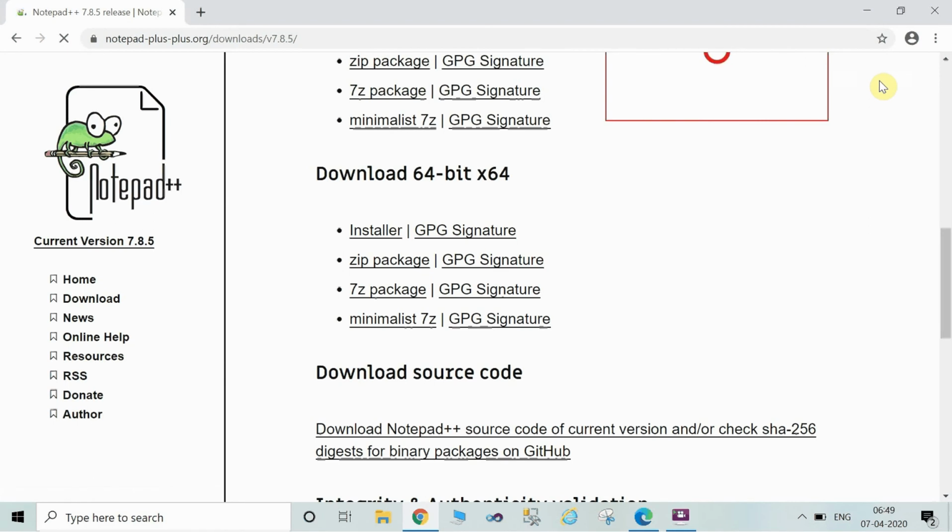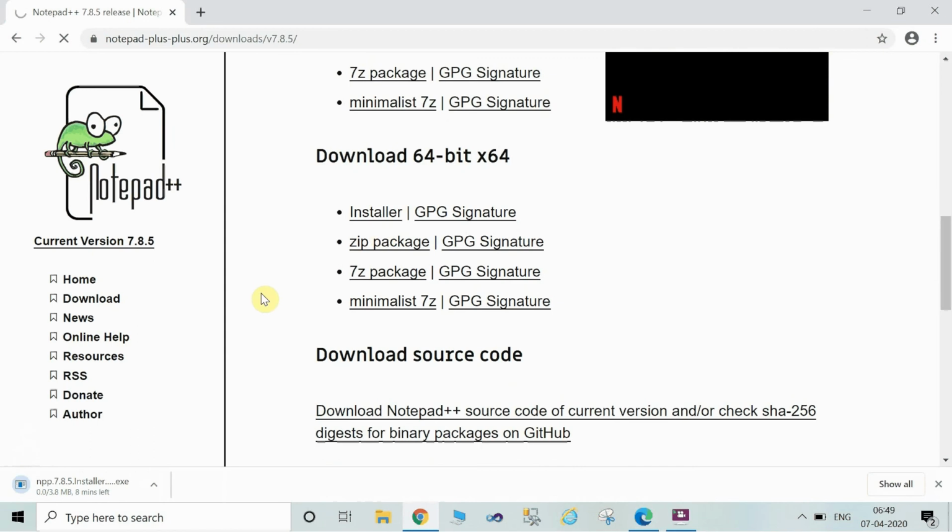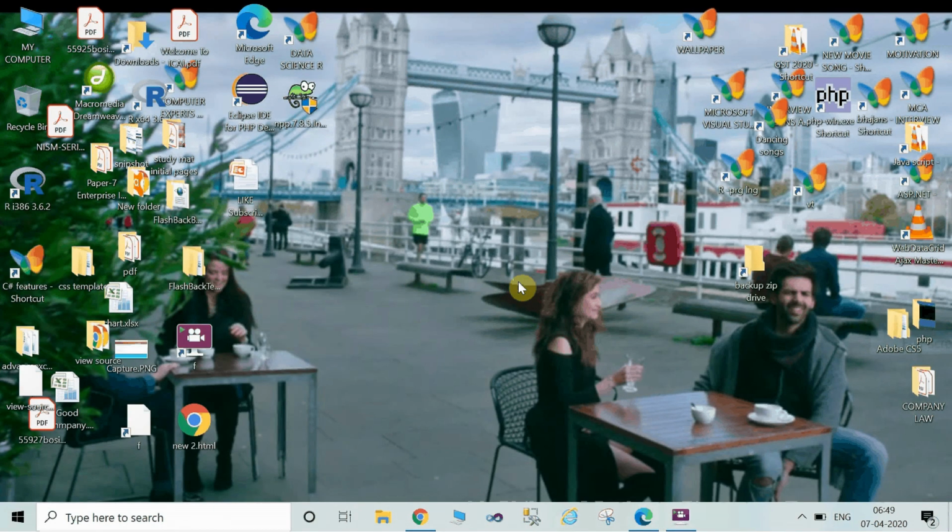Actually, the internet speed is quite slow here. So when you click on the installer, it will just get downloaded. I will just pause it because I already downloaded it. The exe file is on the desktop, which I've already downloaded.